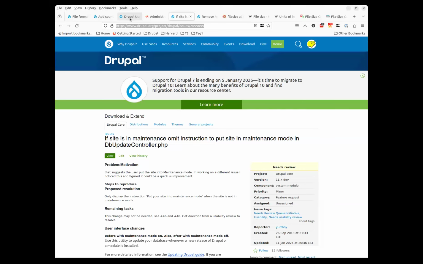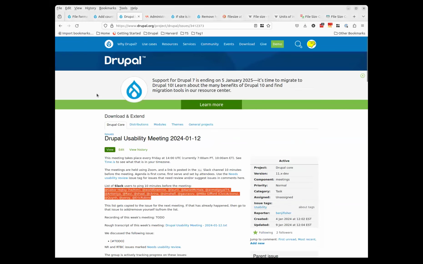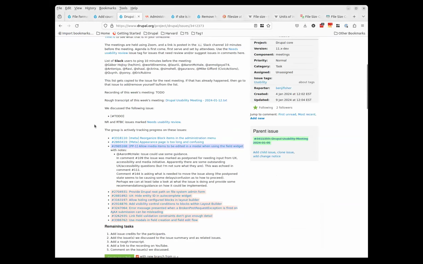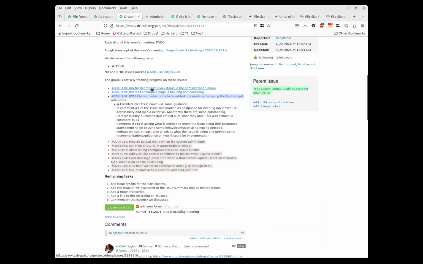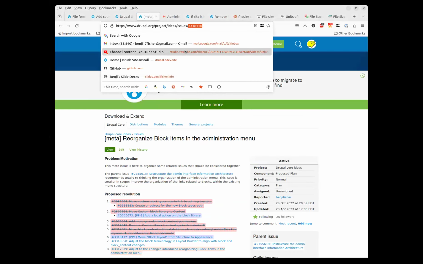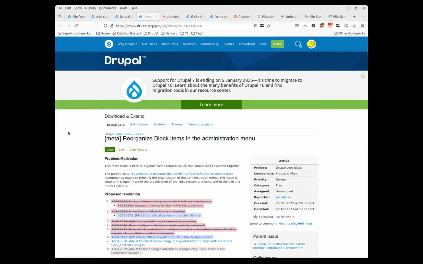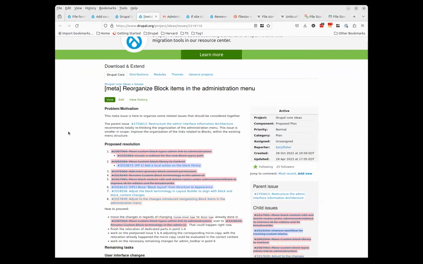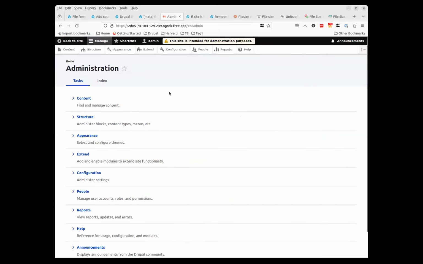Okay, so let's see. Here's issues with usability meetings. The first one you mentioned, I think, was reorganizing block items in the admin menu. Yep, that's the overarching, the meta issue, 3318110. Yeah, and I would love to get back to that issue. I guess just briefly